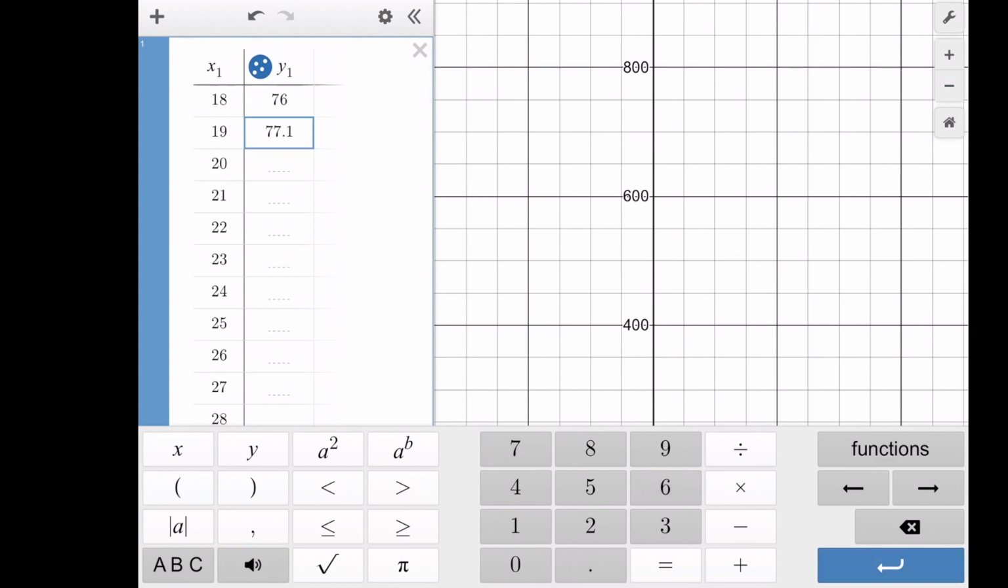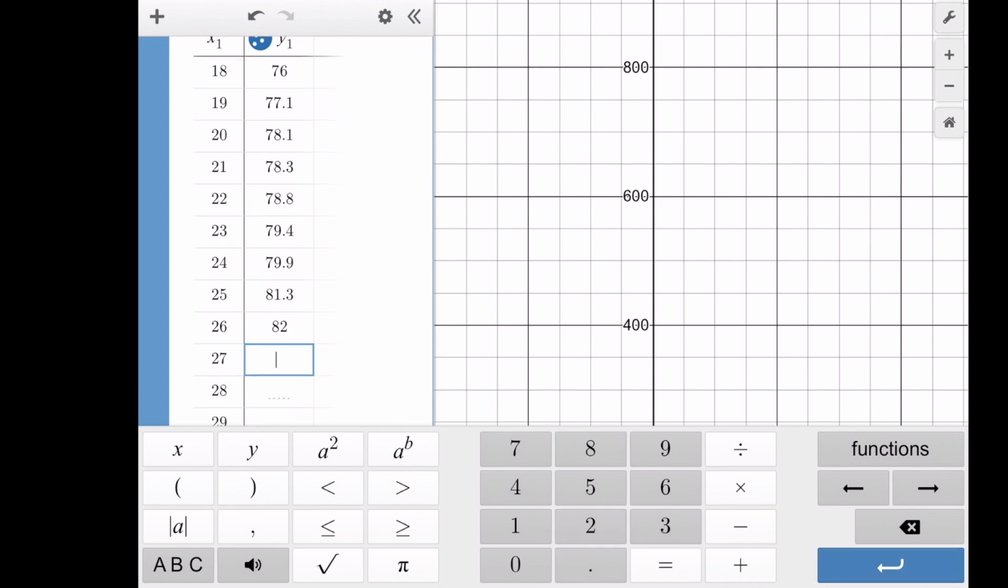77.1, 78.1, 78.3, 78.8, 79, 79.4, 79.9, 81.3, 82, 82.6, and 83.5. Now I can see that I have made a mistake here, so I'm going to go back